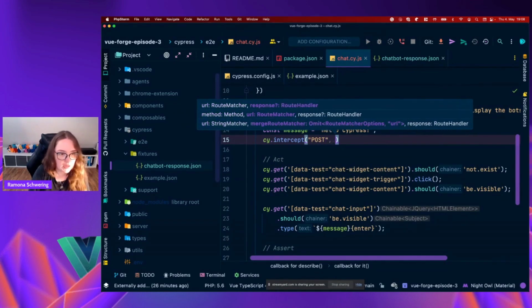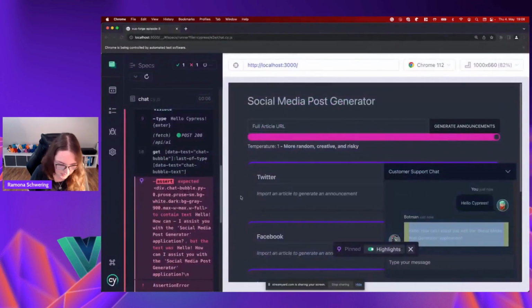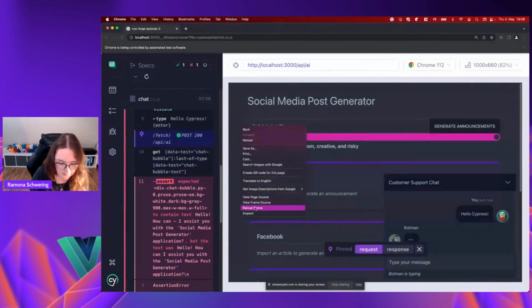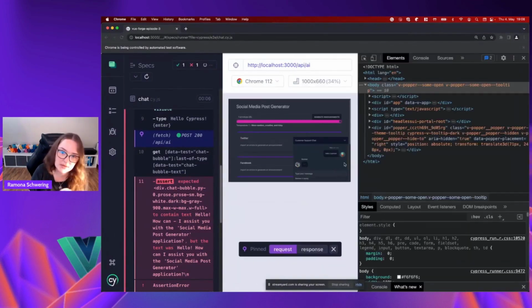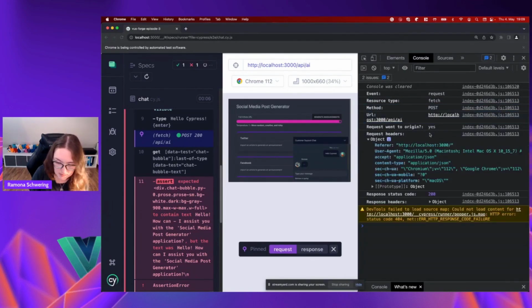And the route it comes from, the endpoint, is using the path API, but we can look it up here in Cypress too. Yeah, there it is. You can see the fetch request here. And if you pin it, you can have even more information on it. Again, similar to the commands we have at the click right before it. So here you can see the event which happened, the resource type, which is a fetch, the method, the URL in use, the headers we used,